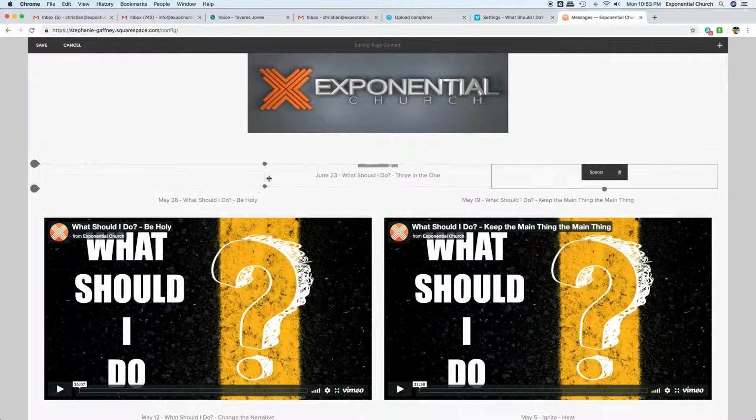Because if you look at this block right here, where it says June 23rd, and I compare it to this block right here, it's not the same size. And we want all the videos to look the same. So I'm just going to, it's all snapped, so they will be the same size. So I'm going to resize each spacer. So now these are the same size blocks, and I'm going to put the new video in, the one that